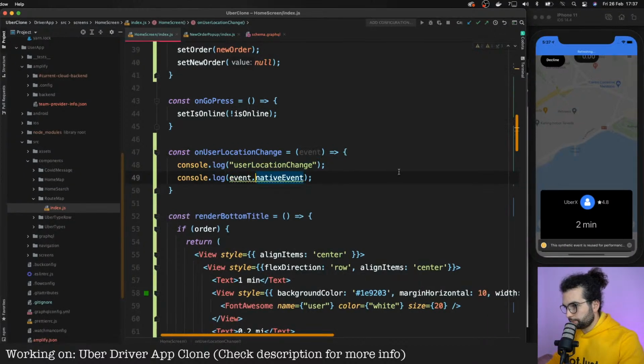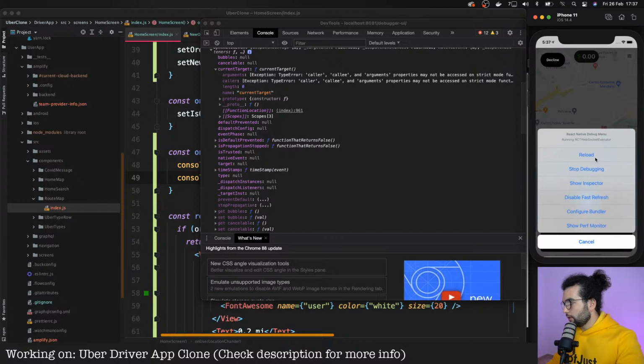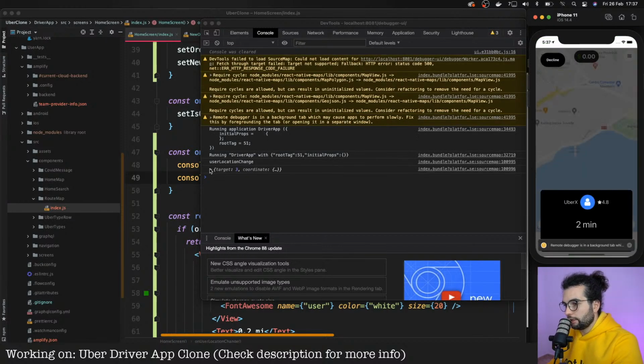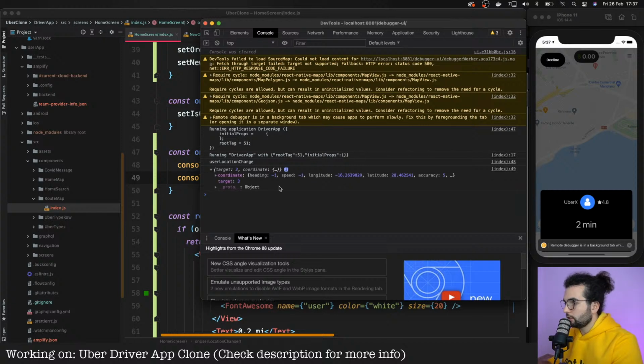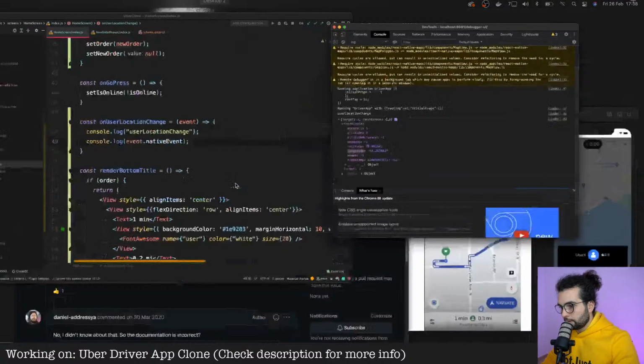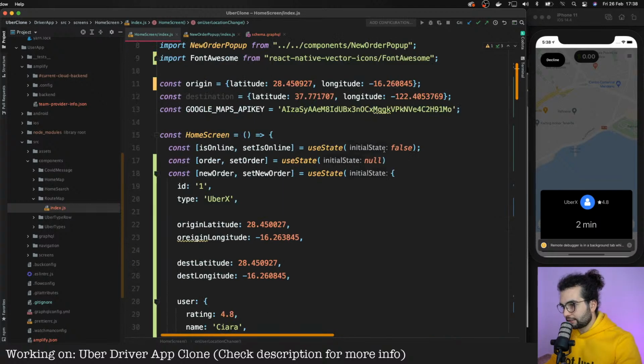Event.nativeEvent. Will that change something? Come on. Reload. And now, yep, yeah, we have target. We have heading, speed, longitude, latitude, accuracy, and a lot of interesting information. Latitude, longitude. Okay, that's really good, and we can set it in state. So we will keep them